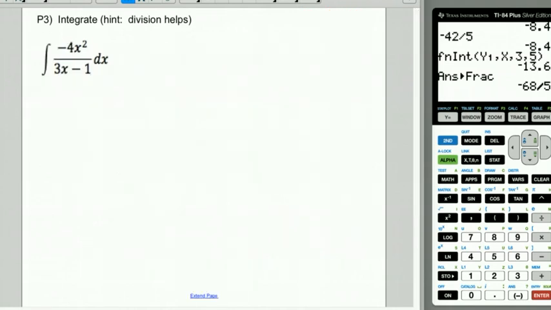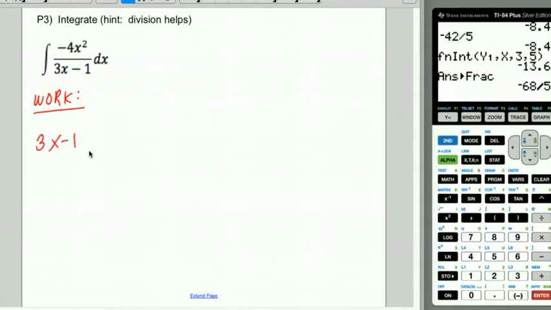All right, same idea. Again, because your divisor, although linear, has a coefficient that's not 1, and because that 3 doesn't go nicely into the -4, I'm going to suggest that you do your work as long division instead of synthetic. Synthetic creates some interesting problems if you do it that way. So anyway,